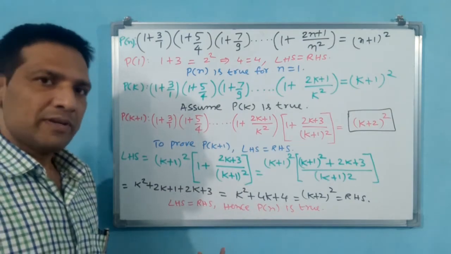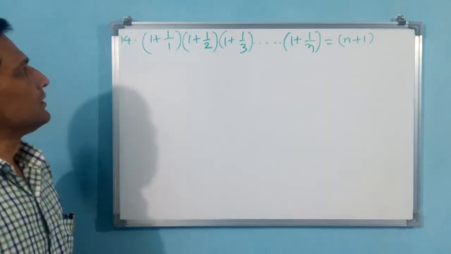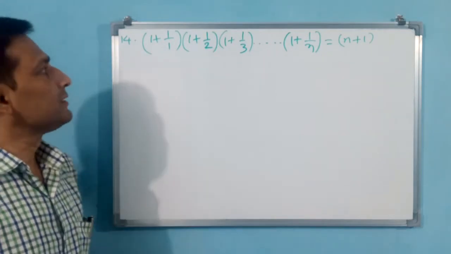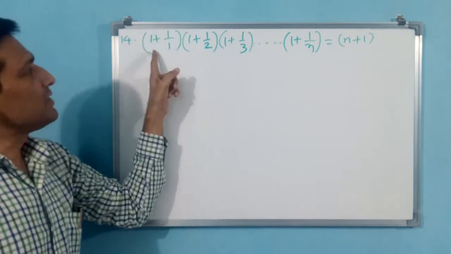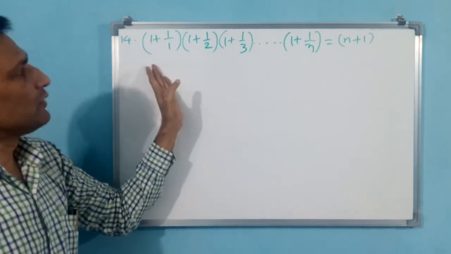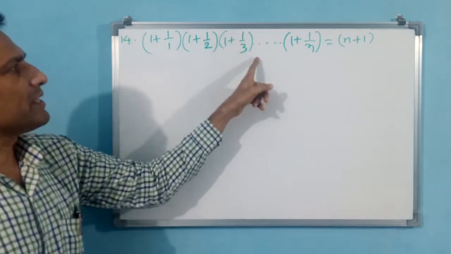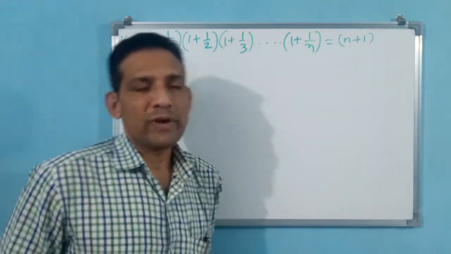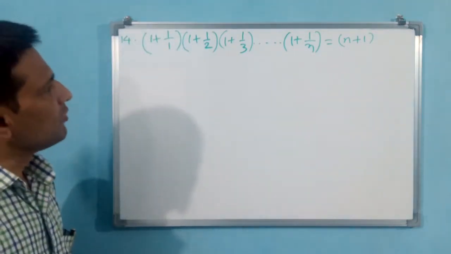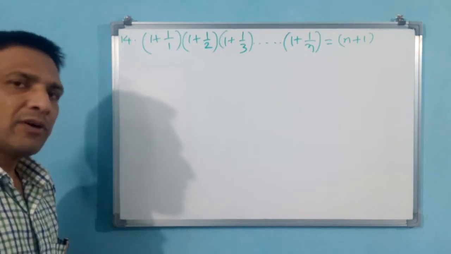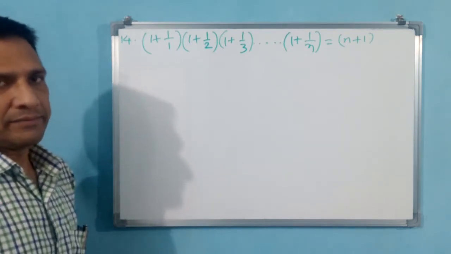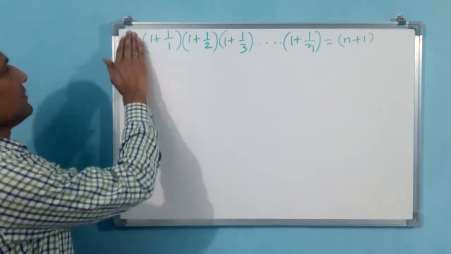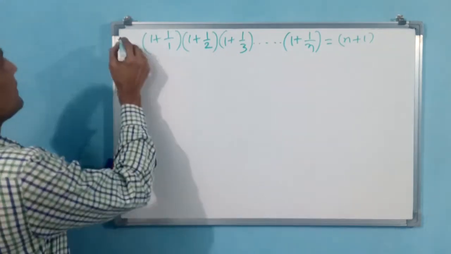Okay. Let us go for 14th question. This is also like geometric series only, multiplication. Not plus plus. 1 plus 1 by 1, that means here 2 will come. 1 by 1 means 1 only, 1 plus 1 is 2. 1 plus 1 by 2, 1 plus 1 by 3, up to 1 plus 1 by n is there, this series, but all multiplication. This you have to prove as n plus 1. Now n belongs to N they have given. That step you need not take again. What I am going to do, this number I am going to change as P of n, but you have to repeat this. You don't change, you repeat.